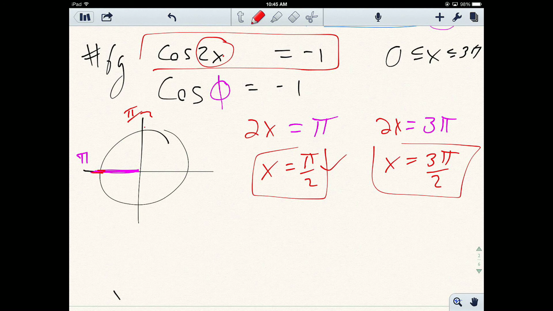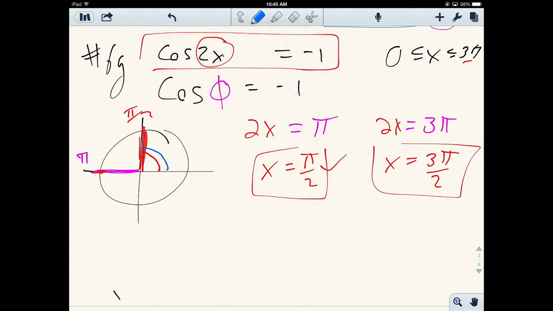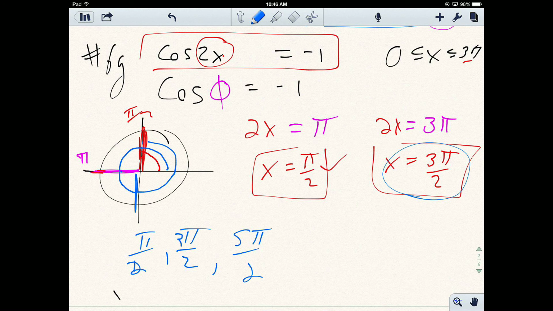Let's see, what else works? Oh, all right, check this out. So pi halves works, but we're going all the way to 3 pi. So I know that this site works. As you go around twice, so we hit pi halves. Nope, nope, nope, nope. So 1 pi halves, 2 pi halves. This 3 pi halves works because of this one. 4 pi halves, and then 5 pi halves works again. Sorry, I think I confused 3 pi halves as 5 pi halves, or 5 pi halves as 3 pi halves up here before. Okay, so there's your 3